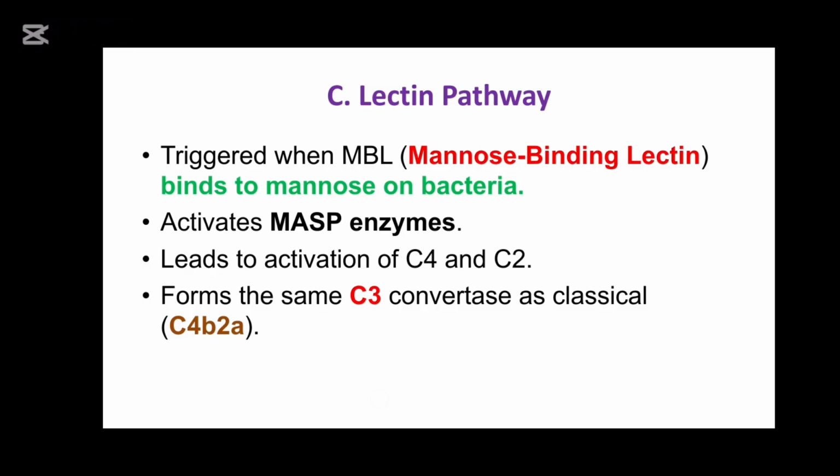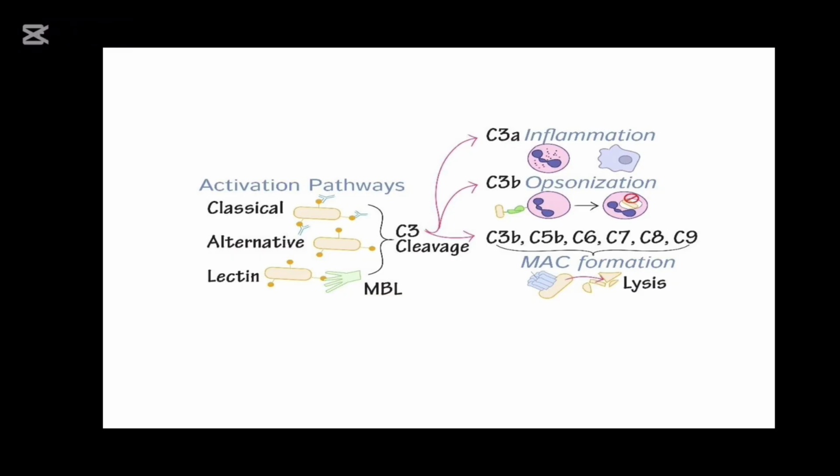However, with the lectin, this mannose binding lectin, once bound on the mannose, specifically on bacteria, activates the MASP enzyme. So you can see the activations are totally different. The MASP enzyme is for lectin, but we have one broad destination, that is C3 convertase. Very good. Now that you know the trigger for each and every pathway, and you know all three pathways,